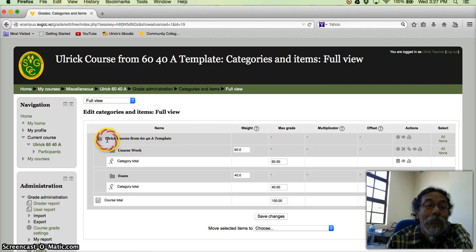The name of your course will show right here next to this folder. And you have the two major categories already pre-installed for you, coursework and exam. But there are no grade items in these categories. The weightings are assigned for these two categories. The maximum grade for each of these categories are already in, 60 for coursework, 40 for exam, and for all courses, your course total will be